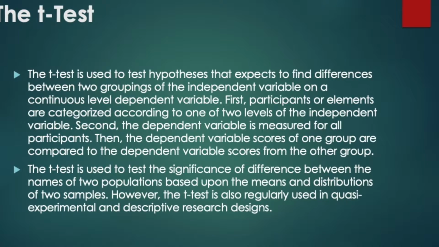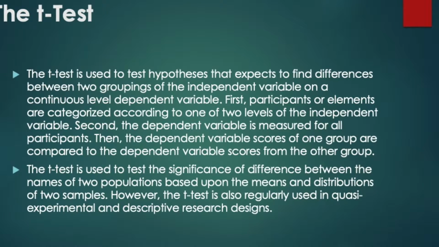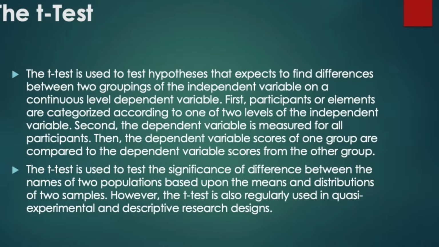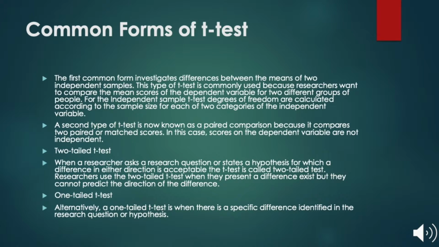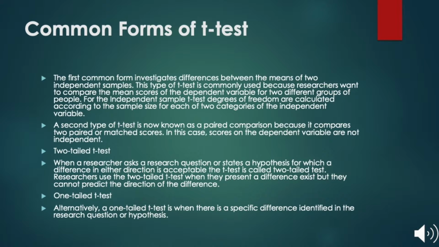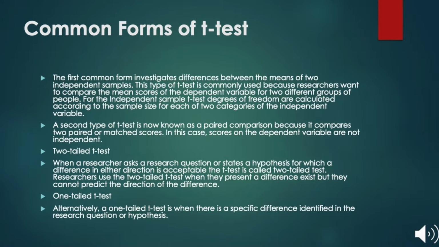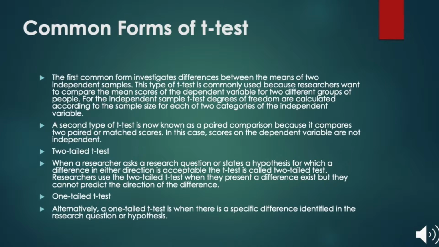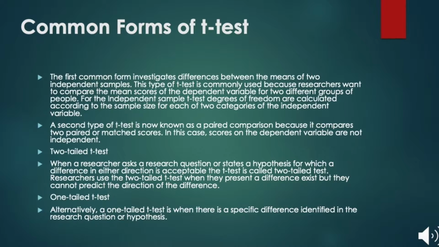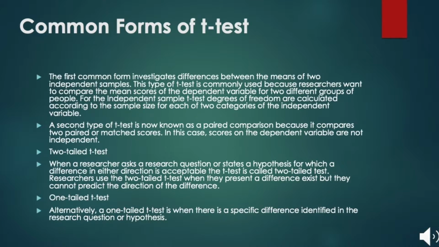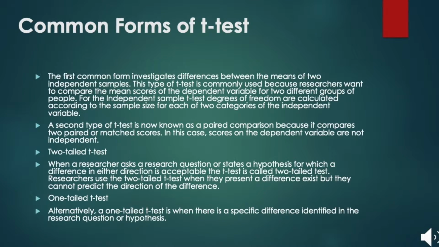However, the t-test is also regularly used in quasi-experimental and descriptive research designs. Common forms of t-test. The first common form investigates differences between the means of two independent samples. This type of t-test is commonly used because researchers want to compare the mean scores of the dependent variable for two different groups of people. For the independent sample t-test, degrees of freedom are calculated according to the sample size for each of two categories